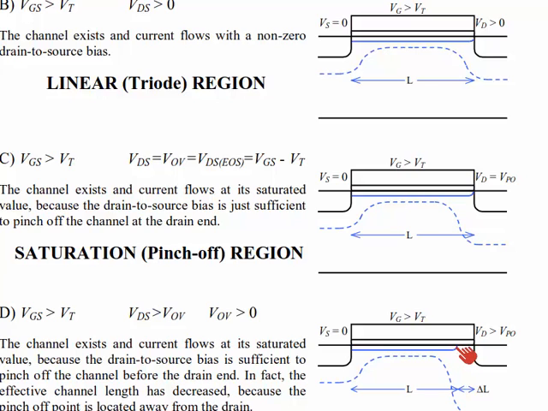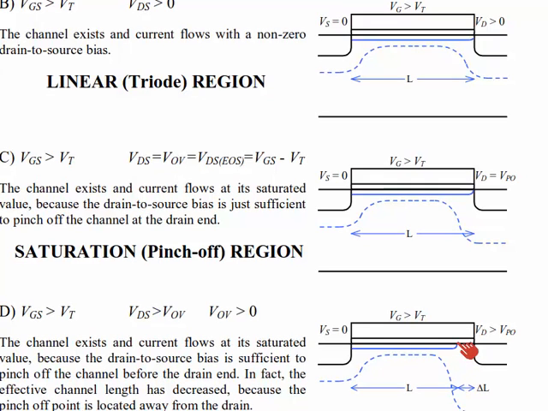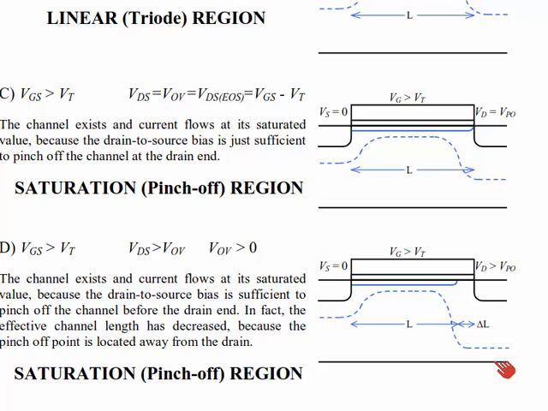So the voltage on the end of the channel in case D equals the voltage on the end of the channel in case C. But then we have this additional voltage drop to get from the case C voltage, pinch-off voltage, up to the total VDS. This becomes more clear, perhaps, if we look at the plot of potential versus position in each of these 4